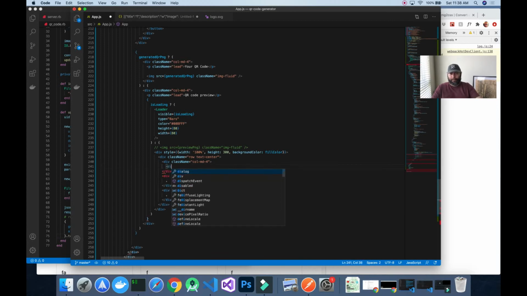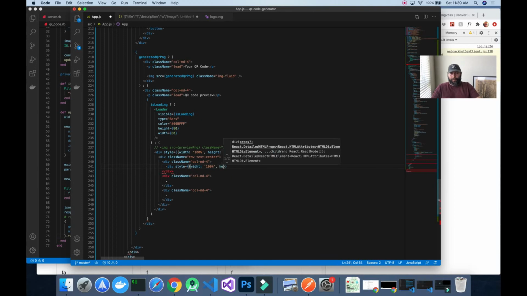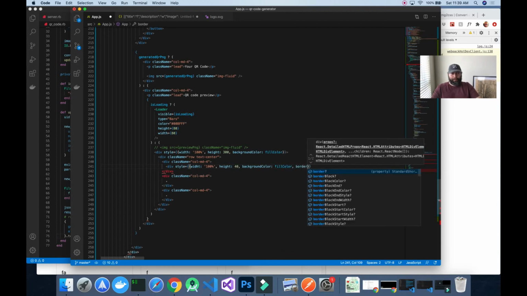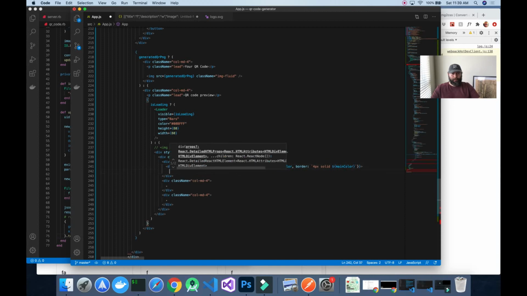I don't think we need a card, but we can say div style, and we can say here we want the width to be the whole parent width, and then we want the height to be maybe 40, and we can say background color is actually fill color, but then border will be maybe like 4 pixels solid, and then we use the main color as a border. And let's close the div here,